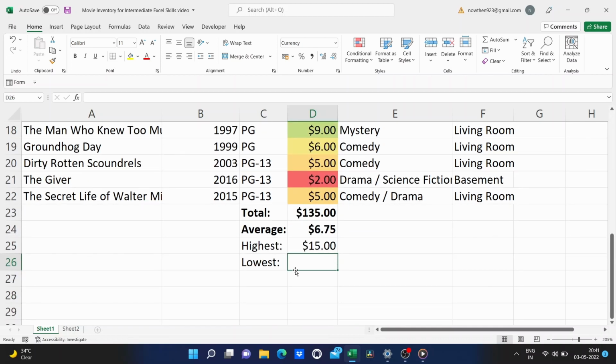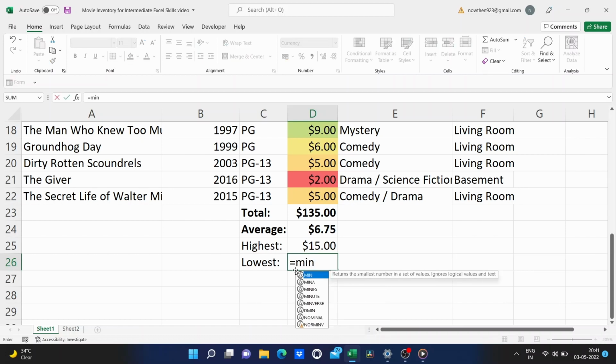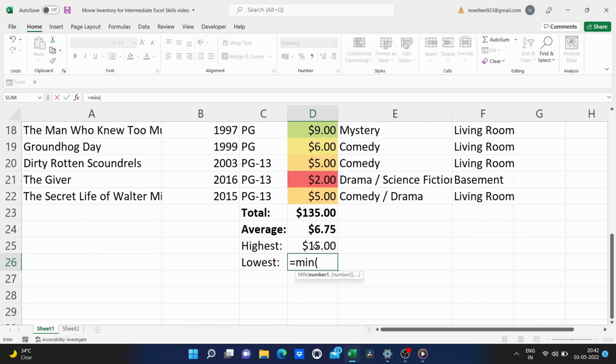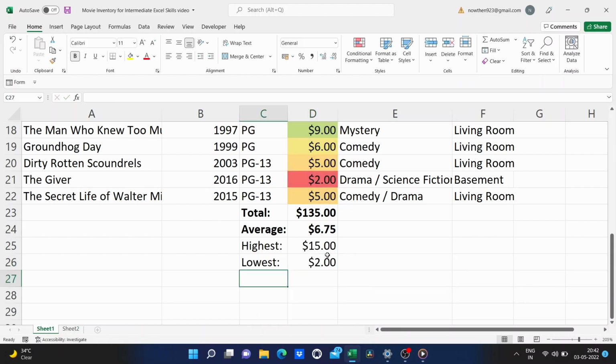Next, I'll do lowest. For lowest, we do this cell is equal to MIN, left parenthesis, and the range. I'll type it in this time, D3 through D22. Hit enter and there's the lowest.